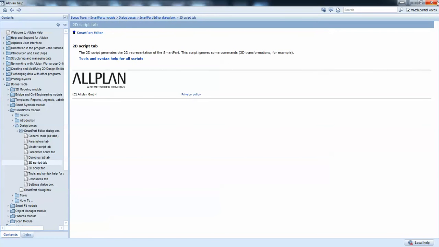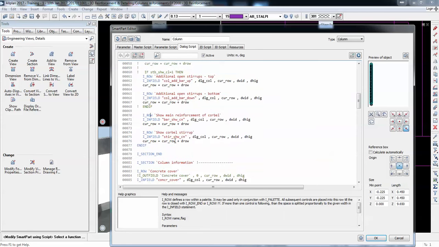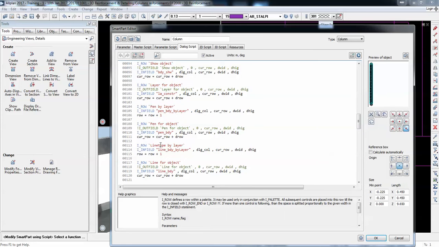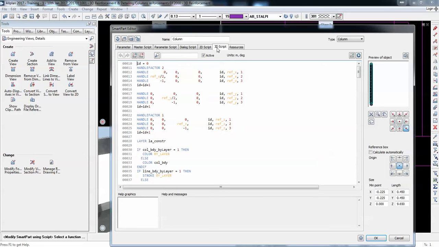So this is also something to remember. Anytime you don't understand a function, how it works, you just click F1 and you get an explanation for that particular one. So this is also explained here. For each command you see here parameters, so syntax and a short description. Then there's the 2D script and the 3D script.